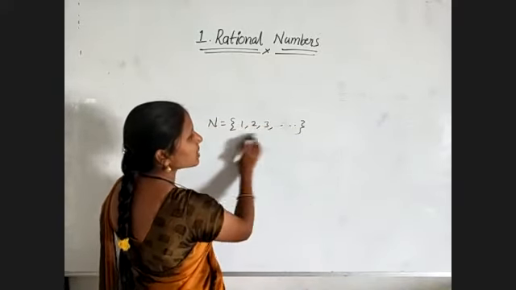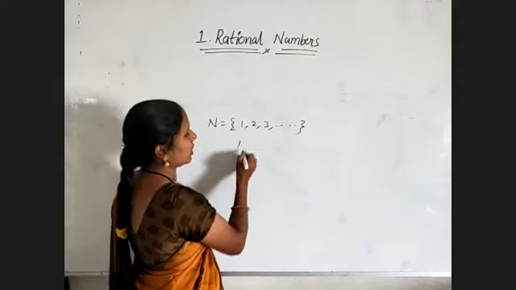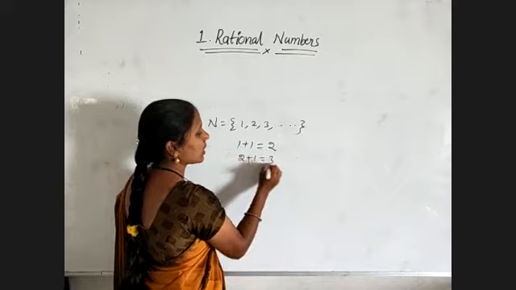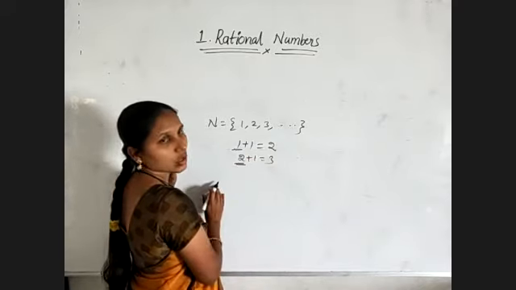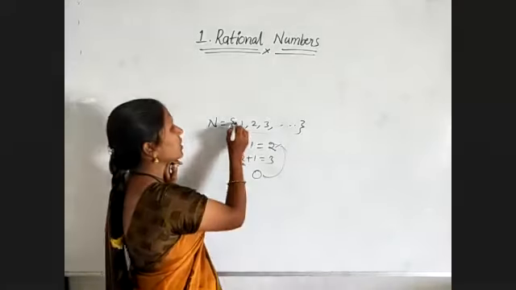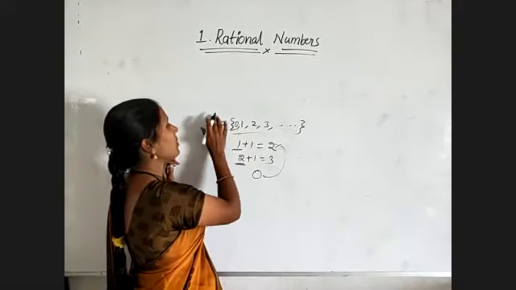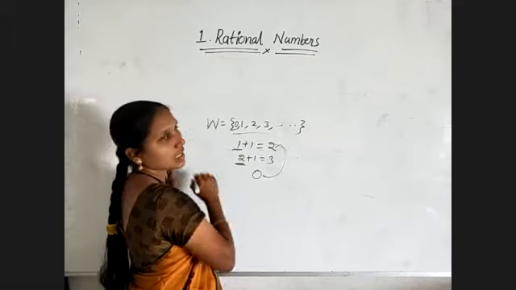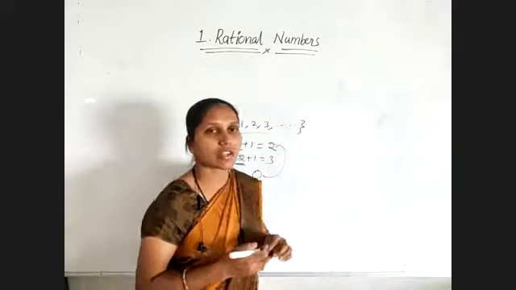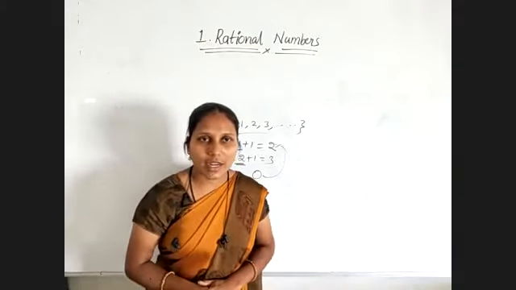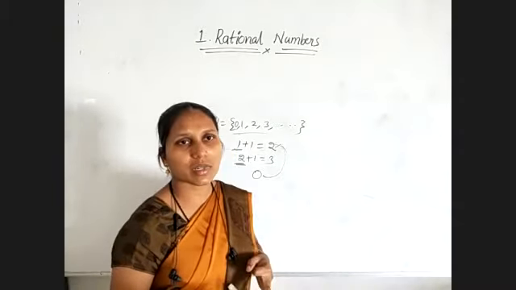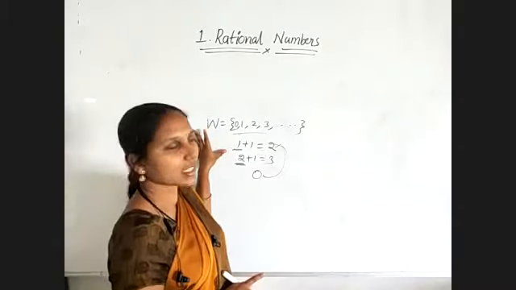From these natural numbers, if the least number is 1, and I add 1, I will get 2. For 2, if I add 1, I will get 3. That means I am not getting the same result. So there is no such element. By adding 0 only, we will get the same result. So 0 is not there in the natural numbers. That's why natural numbers don't have the additive identity. Only one branch of numbers, natural numbers, does not have the additive identity. Every other set of numbers, that is whole numbers, integers, rational numbers, has the additive identity element, 0.